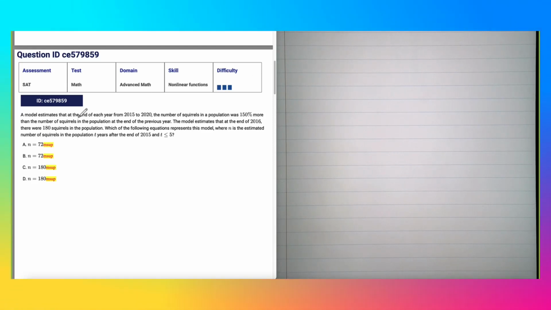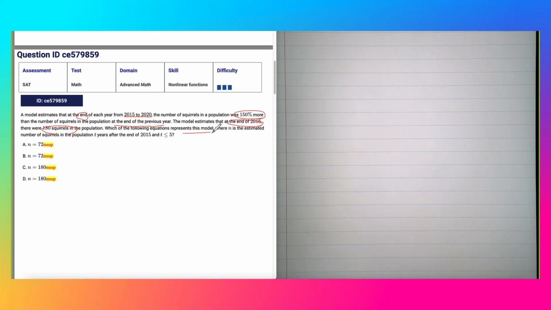A model estimates that at the end of each year, from 2015 to 2020, the number of squirrels in the population was 150% more than the number of squirrels in the population at the end of the previous year. The model estimated at the end of 2016, there were 180 squirrels in the population. Which of the following equations represent the model where n is the estimated number of squirrels in the population t